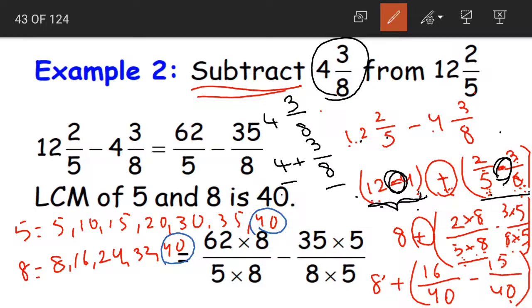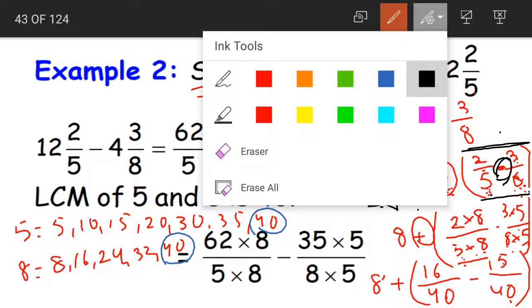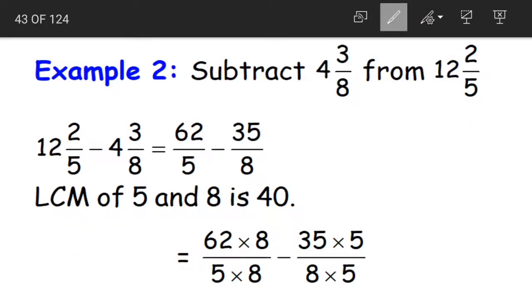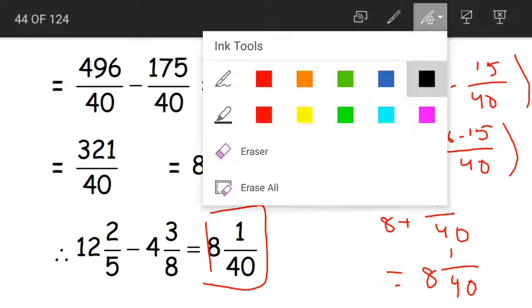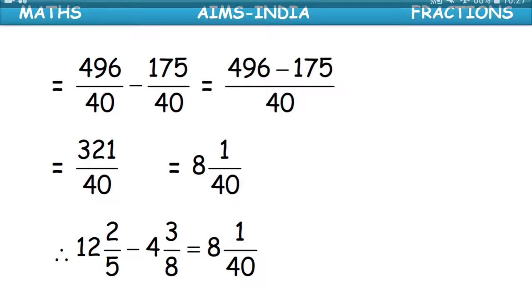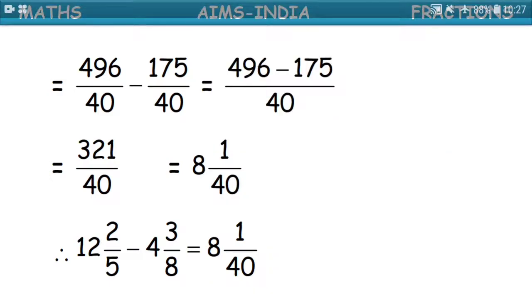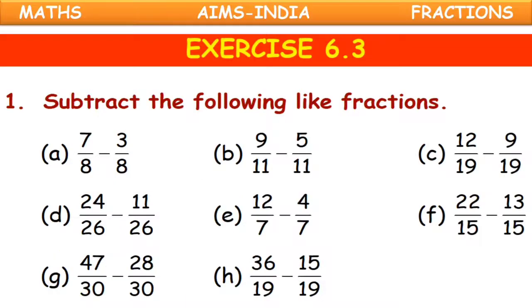Okay children, how will we get our mixed fractions? By adding the whole number and adding the fraction. Here as we are subtracting them, so we are adding the difference of whole numbers and the difference of fractions. If you are not convenient with this method which I showed you, you can always go for this one, that is converting them into improper fractions and then finding the difference, children. So these are the two methods of subtracting mixed fractions. You can choose whichever method that is convenient for you.